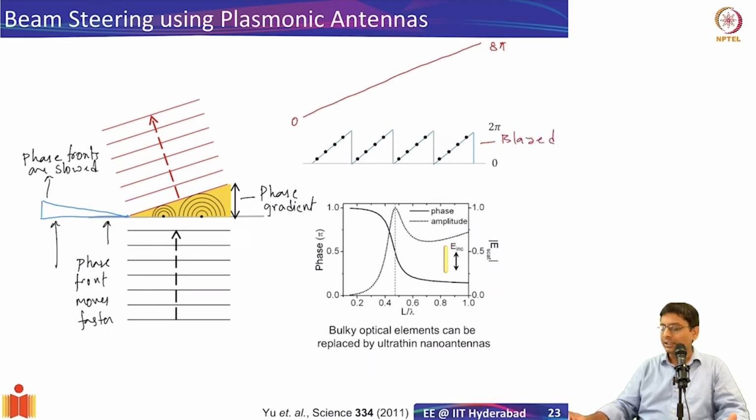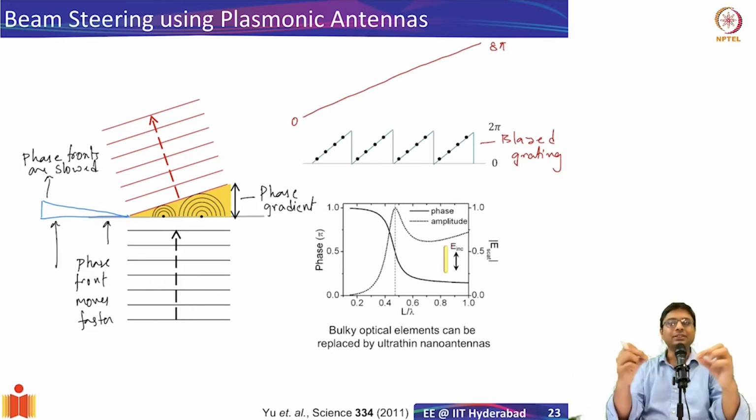Now, in the year 2011, what Federico Capasso's group did was they tried to come up with an alternative way of generating these phase gradients, and for that they used plasmonic antennas. Okay, we have already studied plasmonic antennas, the basic sphere, and then we looked at even the split ring resonator as one form of an antenna, and then the triangle, the bow tie shaped antennas, and so on. So now let us look, just for a moment, to understand the idea.